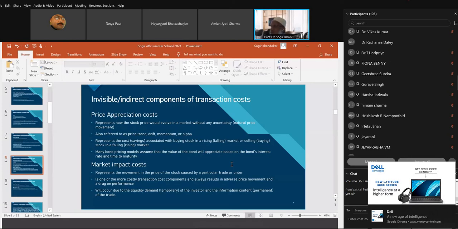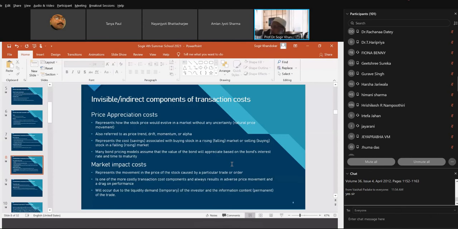Hence, the liquidity demand cost component refers to the situation where the investors wishing to buy or sell stock in the market find there are insufficient counterparties to complete the order. In this situation, the investor will have to provide a premium above the current price for a buy order, or discount their price for a sell order, to attract additional counterparties to complete the transactions. And the information content of the trade consists of inadvertently providing the market with a signal to indicate the investor's buy-sell intention.